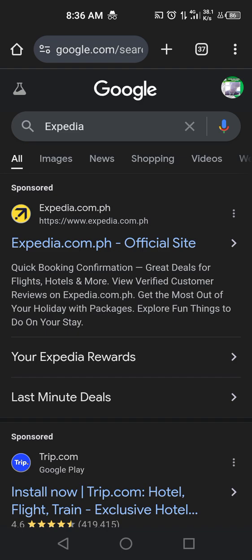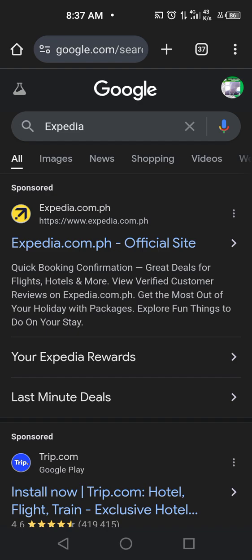Expedia is a website that gives cheaper and more organized booking. You can book a flight, any accommodations, and rental cars. You can also book some kinds of packages.